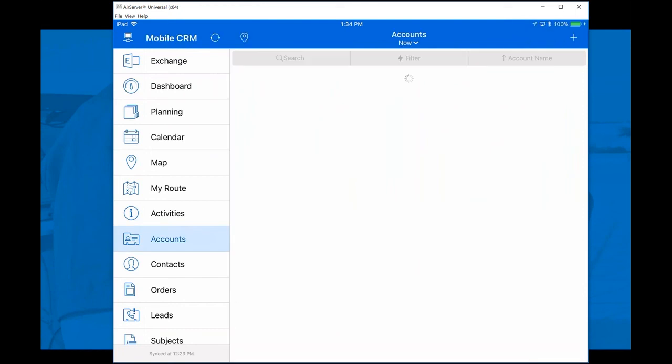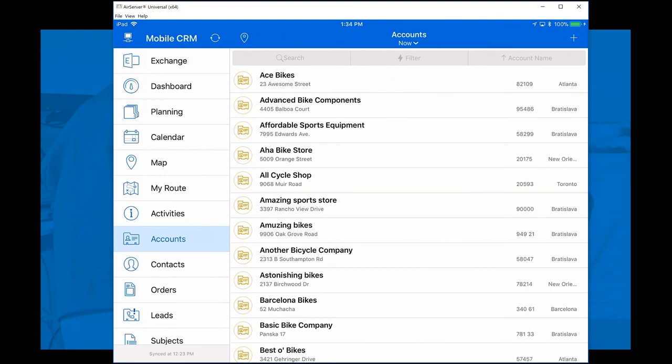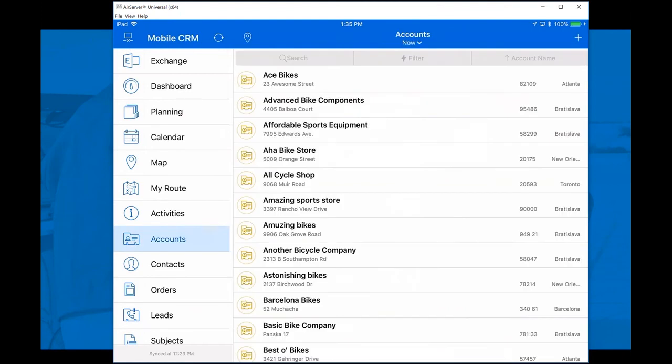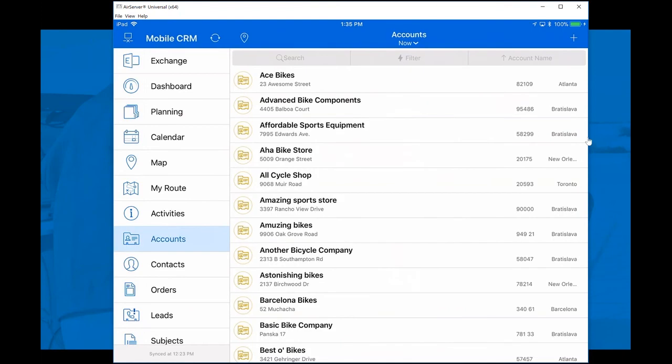If I decide to access accounts, you can see that it took probably 1-2 seconds to load the records from the Dynamics 365 server, but when in online mode, I'm working with real data in real time. When I lose connectivity, all I have to do is tap on that same button and I can quickly change to offline mode, and I'll just work with the local database, so with local data that is